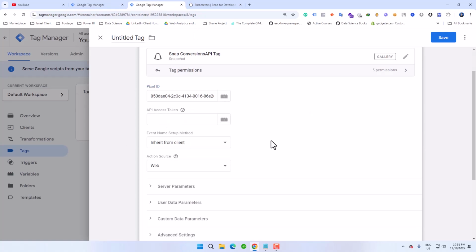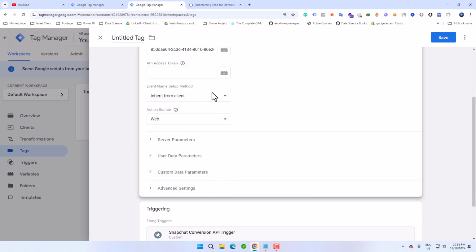Okay, there are two options in the event name setup method. One is inherit from client and one is override. I already told you guys, I'm going to send the event data from the web container to the server container using a client. The client is GA4, and there is an option inherit from client. Inherit from client means I already send these 5 event data from the web container to the server container,